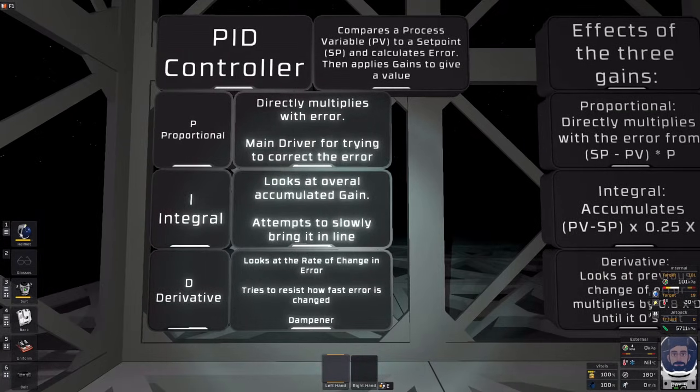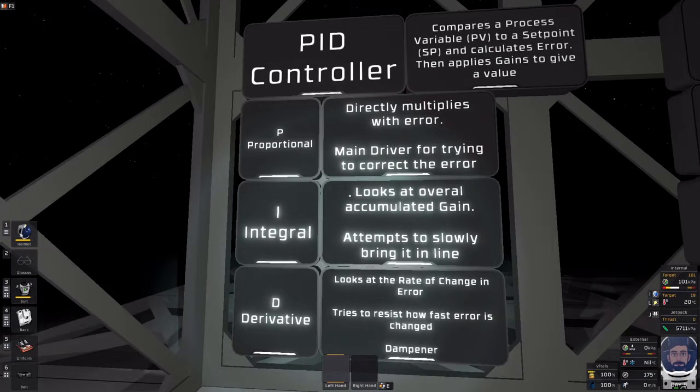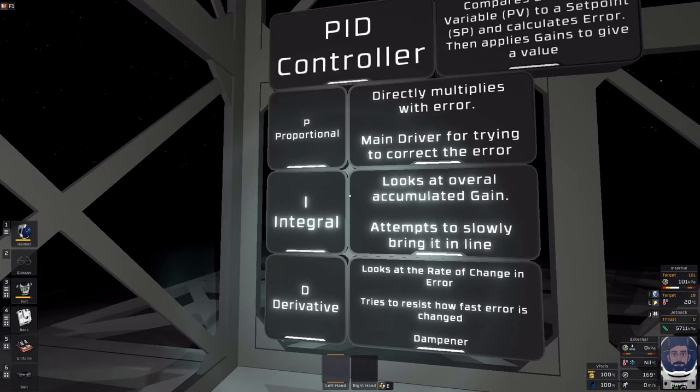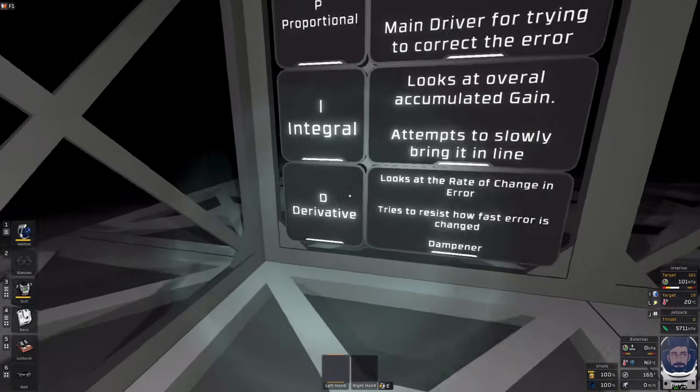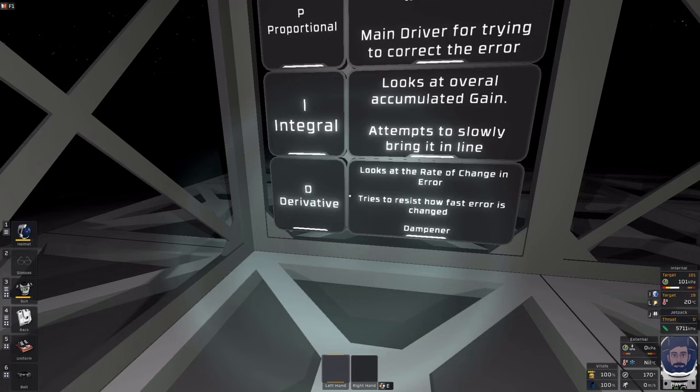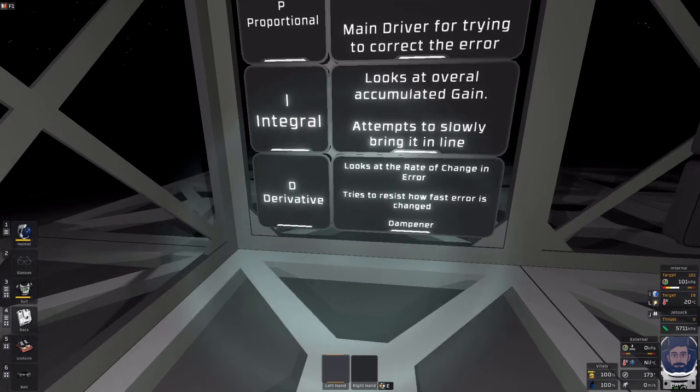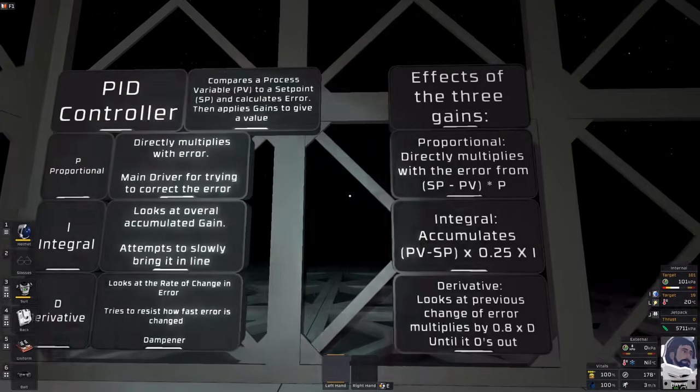Probably overcomplicating it. All I know, and hopefully what you can take away, is P and I will help to fix things in different ways. D just kind of either helps give it a boost or slows down the rate of change. So